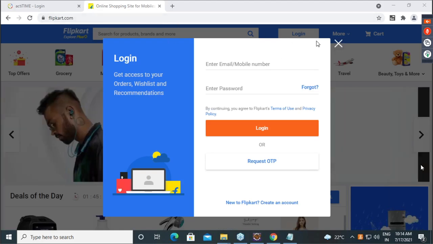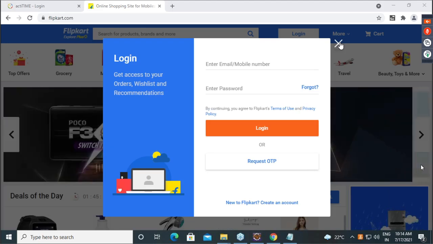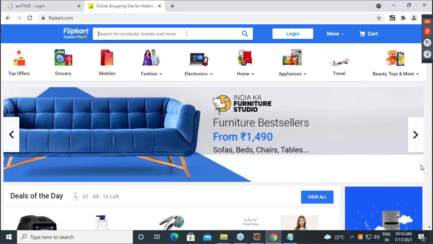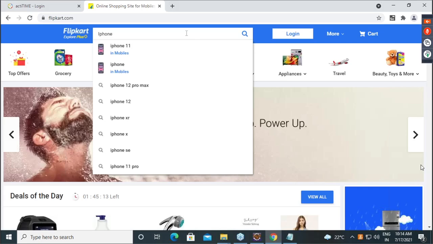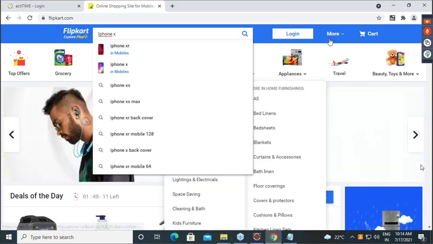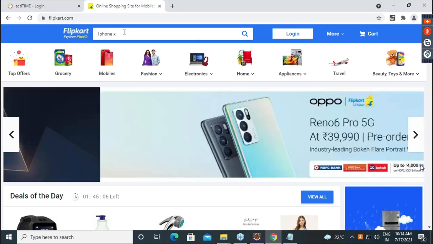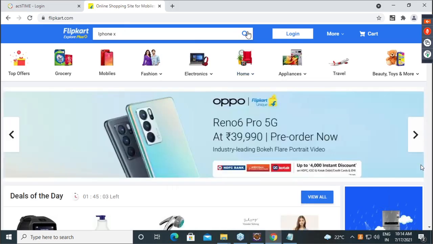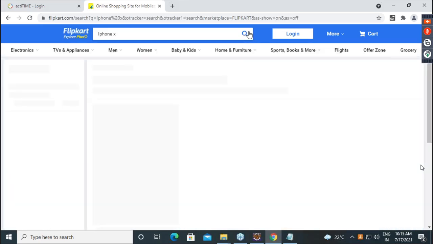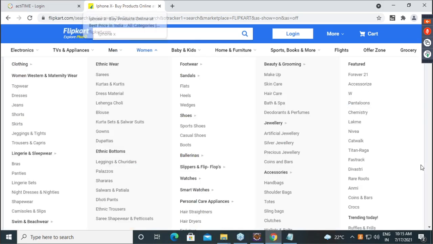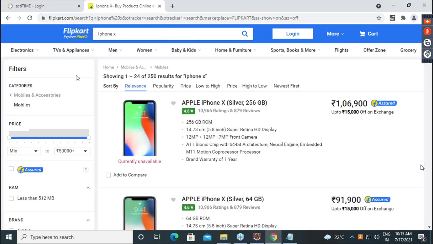Open Flipkart. Second step, close this login. After that, in the search bar, search for iPhone X. Then enter iPhone X in the search bar. After that, can you see this search field? Click on search. Clear with this? Okay. After that, capture the title of the search page. That's it. Capture and print it.